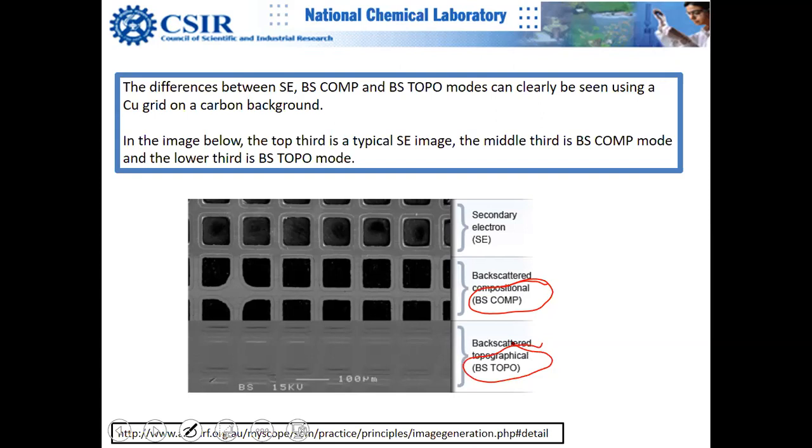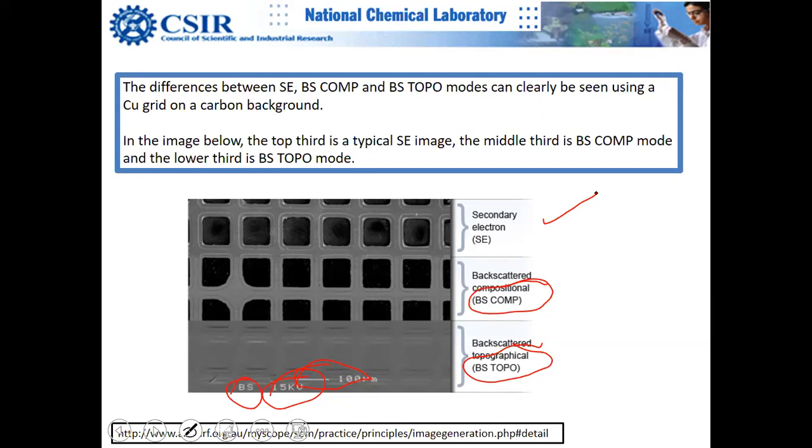This is the copper grid on a carbon background. Usual copper TEM grid, I believe. And you can see the scale bar here is 100 micrometer, and the accelerating voltage for the electrons is 15 kilovolt. Okay, and you can see the BS is written here. So let's go step by step. You can see that secondary electrons give you beautiful information about topography,